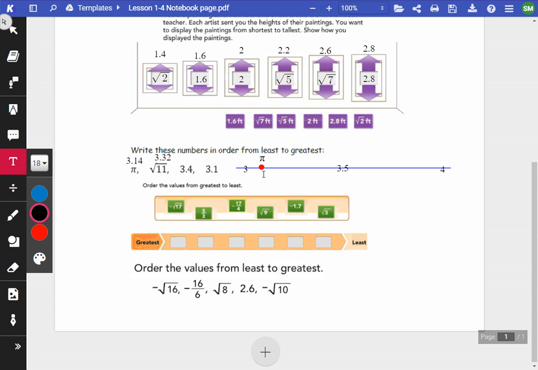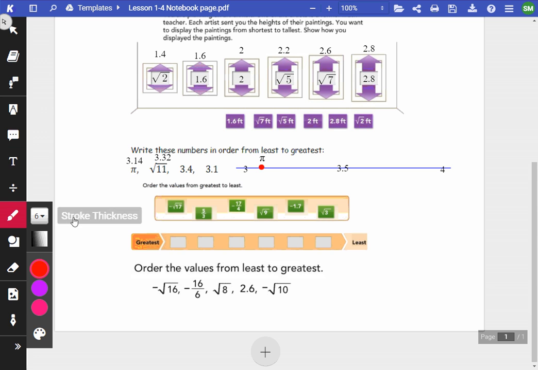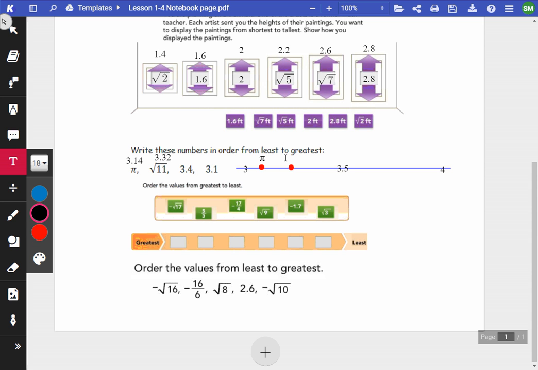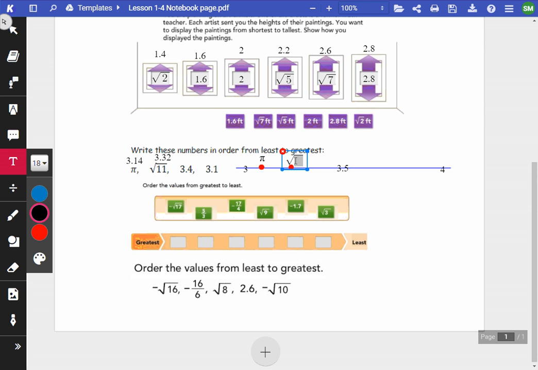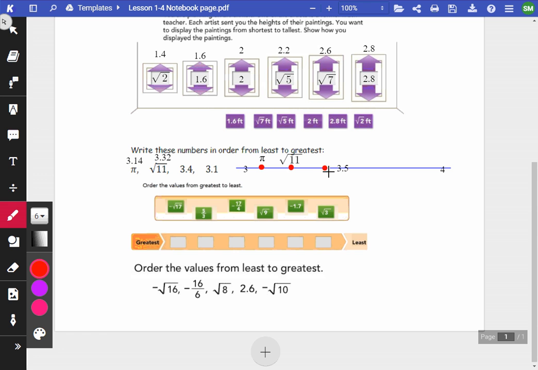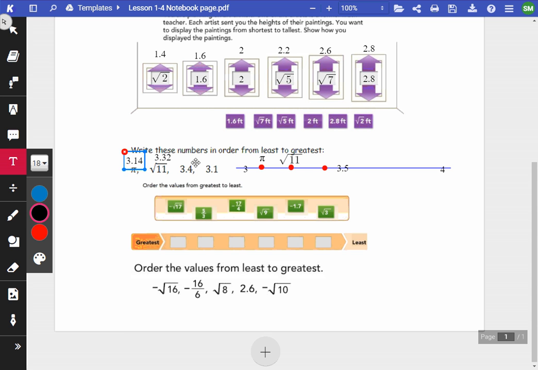Ooh. Okay, if this is about 3.1, I'm going to go back to my drawing here. 3.1, 3.2, 3.3 right there. But what was it they gave me? Because it wasn't 3.3, it was the square root of 11. So that's what I'm going to label that. We always want to label it with the number they gave us, not our decimal approximation if they're different. So square root of 11 is that point right there. Then I have 3.4. I'm going to go back to drawing. 3.4 is about right here. And I'm going to label that